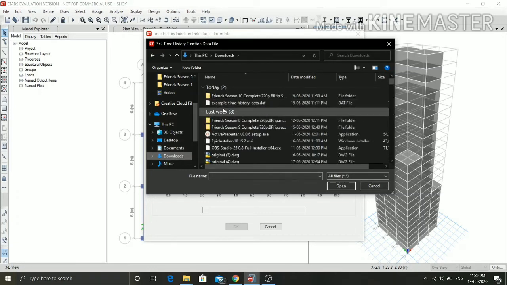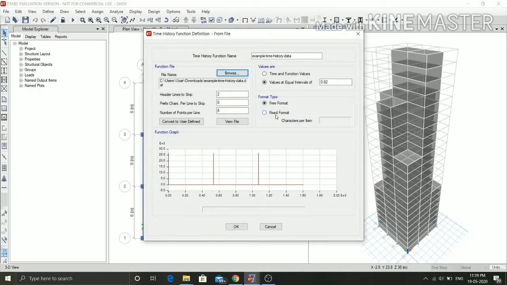Here select the file named example time history which has already been downloaded and click on Open. Click on Fixed Format in Format Type and set characters per item as 10. Header lines to escape is set to 9 and number of points per line is set to 1.